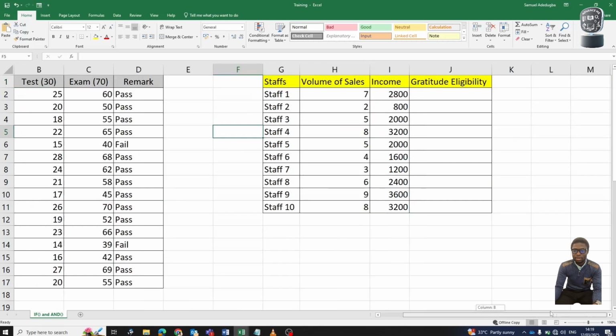And I have another example here. So you have some staff in your organization and you want to determine, according to their performance, those who are eligible for bonus. You can as well use the IF and AND function. Okay,